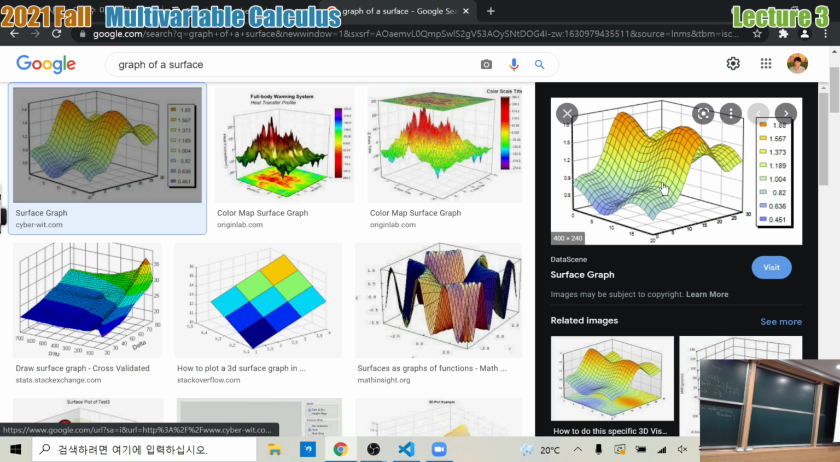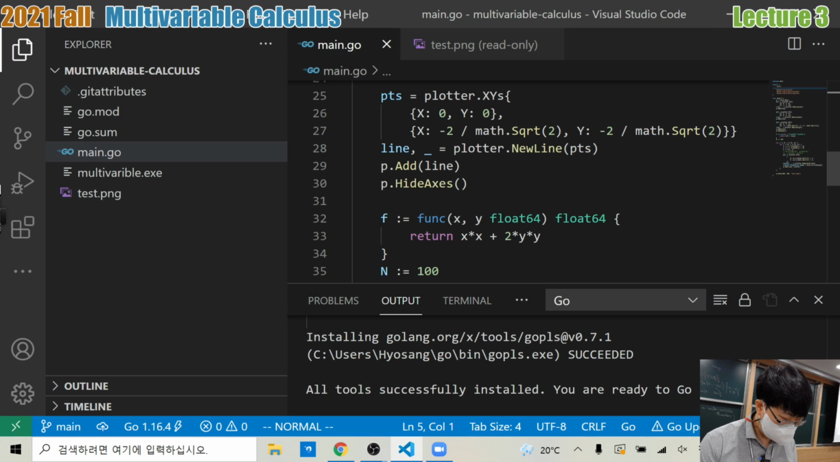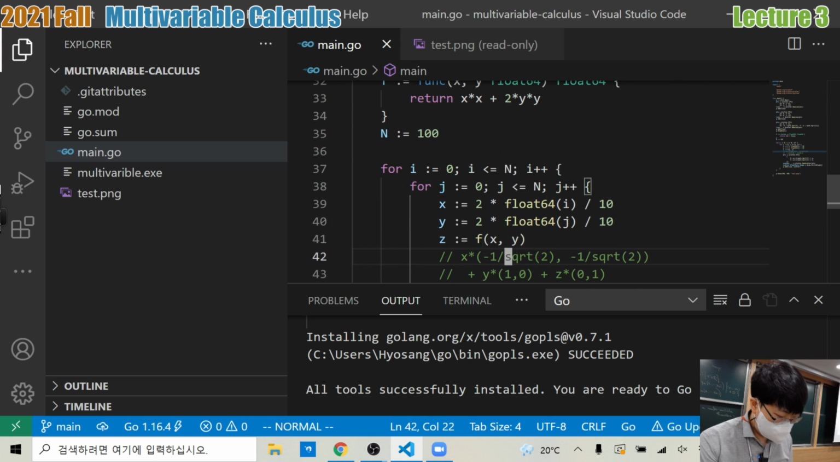So instead of putting the points, let's take a line that connects each point between points which are located in the mesh grid. Okay, so let's try to do this. So I define this function, and